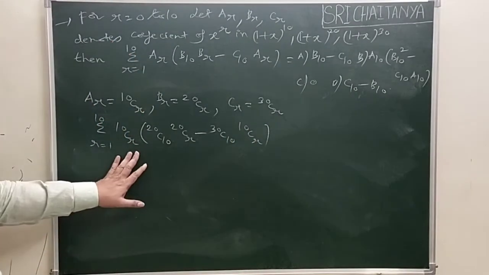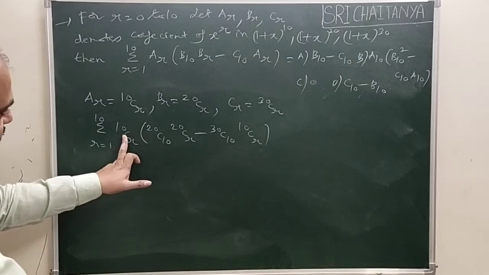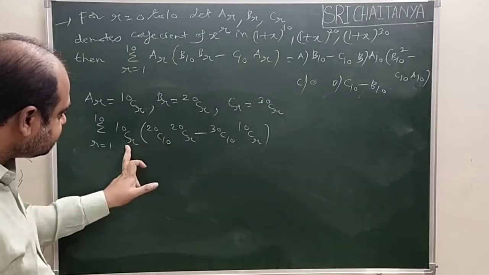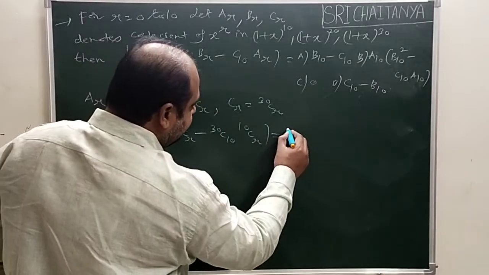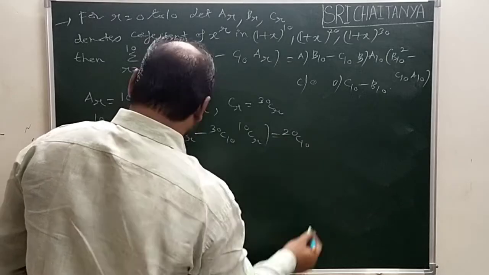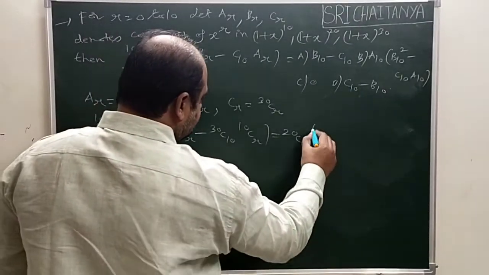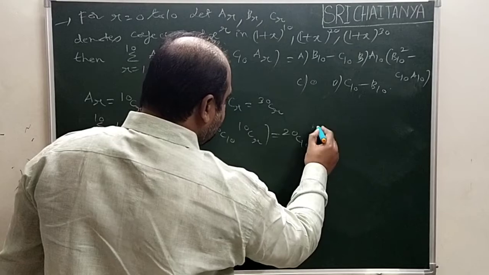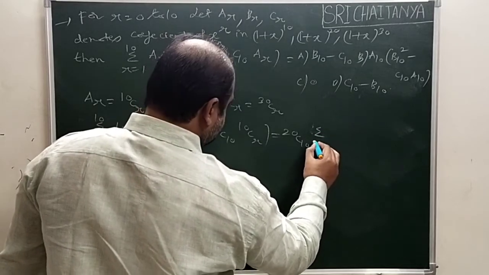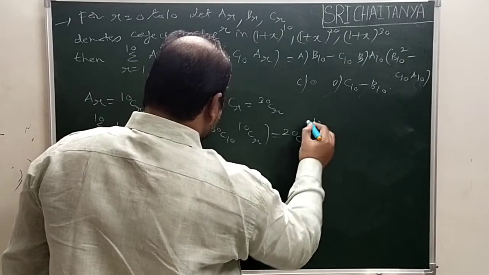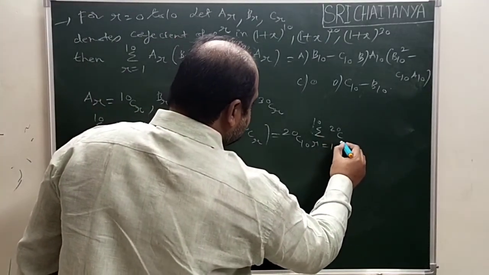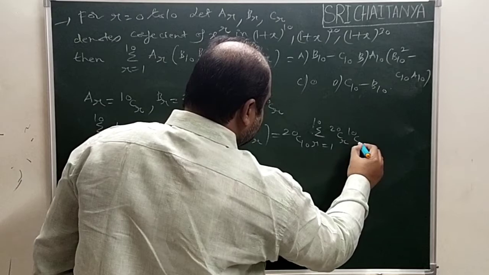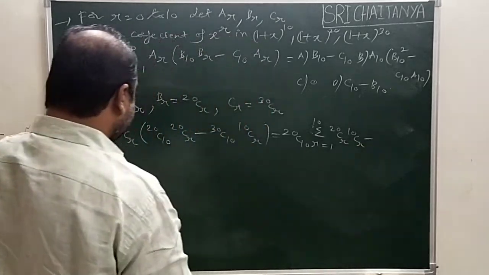Now there are two terms, a product of three minus a product of three. I want to write separate sigmas. This is constant, so write it outside: 20C10 into sigma r equal to 1 to 10 of 20Cr into 10Cr, minus